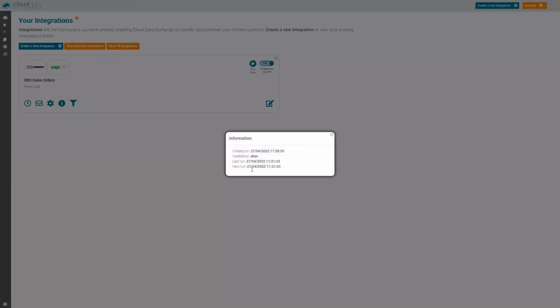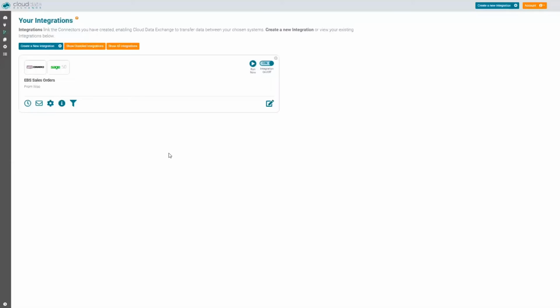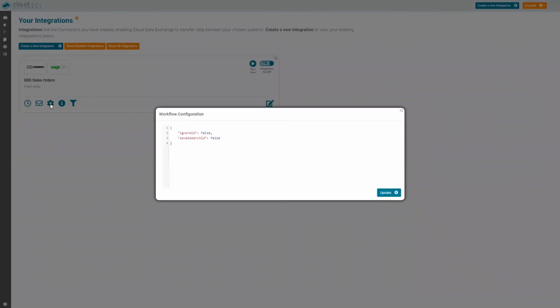Information, who created it, when it was created, when it was last run, and when it's next likely to run. Now this piece here is for additional development work.